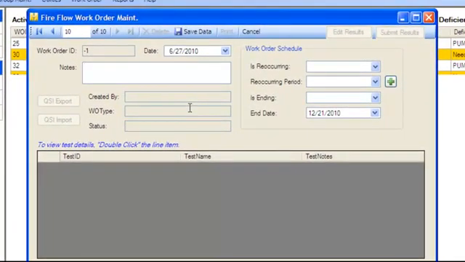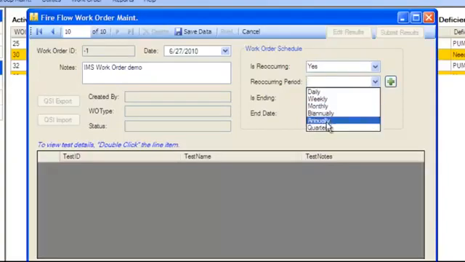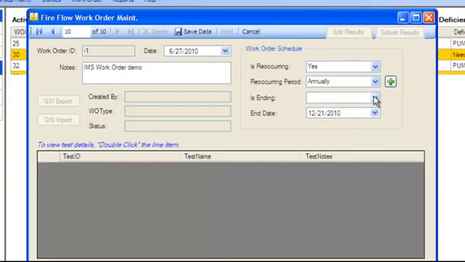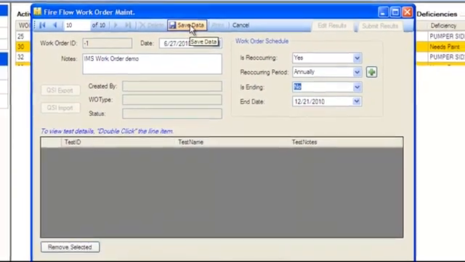Again, I'm going to call this, and I'm going to go ahead and make this a reoccurring work order. Simply click on the down arrow and select yes, or start typing yes. It'll pop up in the window. I know that I'm going to come back every year and retest this fire hydrant, and I'm not going to have an ending date on this. So now I've created a work order for doing a fire flow test. So I'm going to go ahead and click on Save Data,